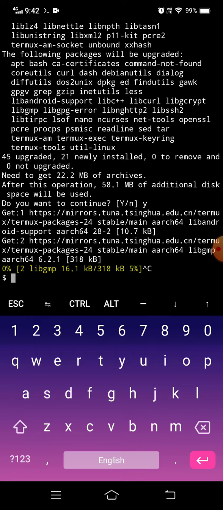Another method is that you can install the Termux which I showed in the last video. You can install it from F-Droid. The procedure will be in the starting of the video, and look at how to install Kali Linux in